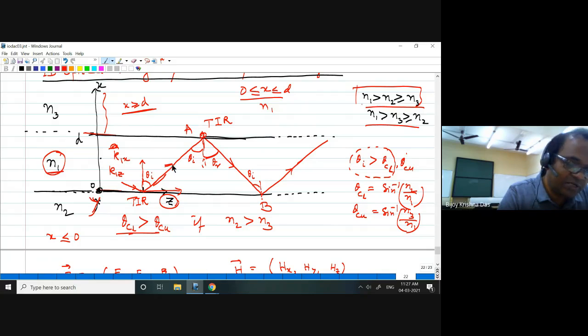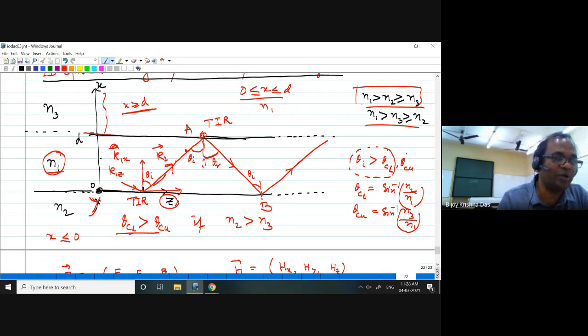So when I represent this as a k1 vector, this k1 vector is in the xz plane, so it has an x component as well as a z component. As long as it is propagating in this direction to point A, those components do not change, they are constant. They are propagating like that, right? So anywhere you consider, the z component will be k1z and the x component will be k1x. At another point here, the same components will be there.